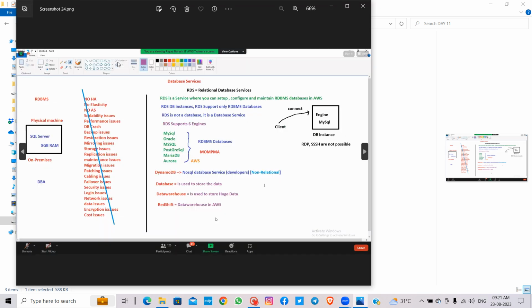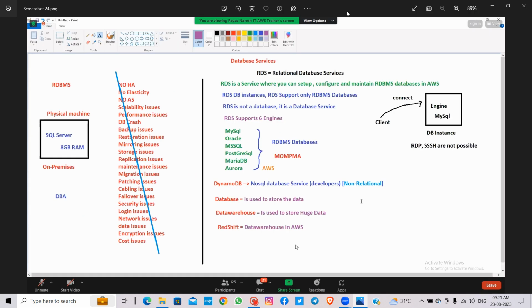No. What you need to do is you just need to go ahead and create the database. Create the engine, and then that engine is completely managed by AWS. What you need to do is create a database inside it and then use it. That's it. You create it and then use it. And rest everything is managed by AWS. So guys, if you listen RDS, the rest of the database services are easy. The rest are all easy.